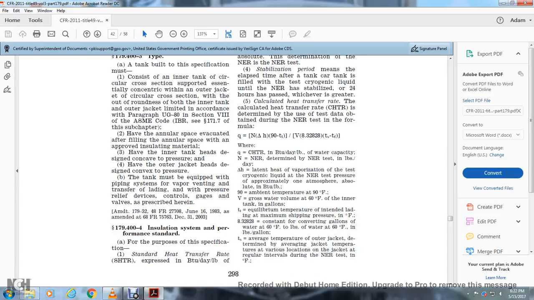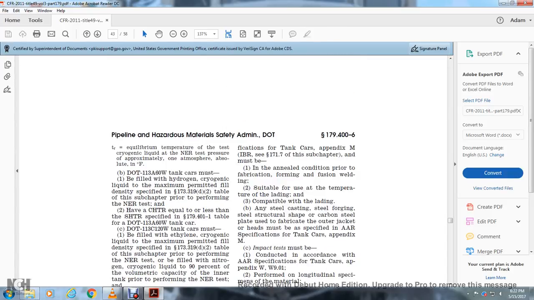All right. Q equals N times gross water volume at 60 degrees Fahrenheit and times. 113A60W. The tank cars must be filled with hydrogen cryogenic liquid at the maximum permitted fill density specified in 173.319(d)(2) table of this subchapter prior to performing the normal evaporation rate testing, and should have the CHTR equal to or less than the SHTR or HDR specified in section 179.401 table of DOT